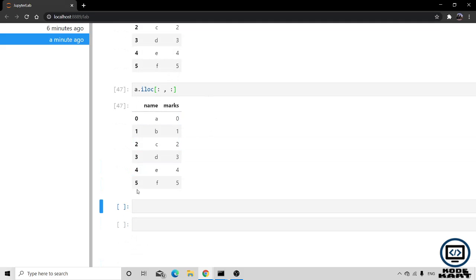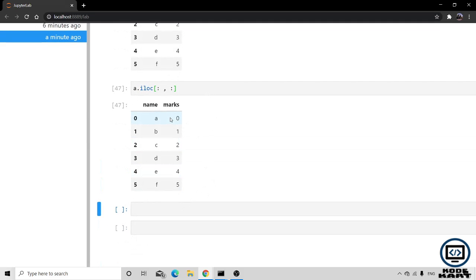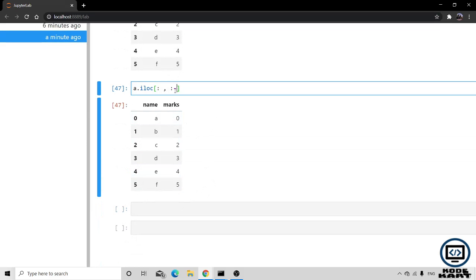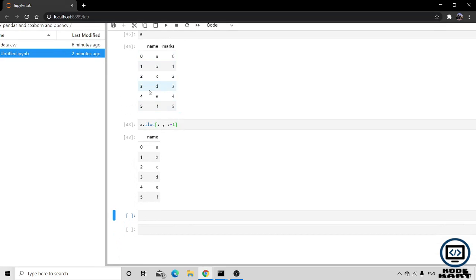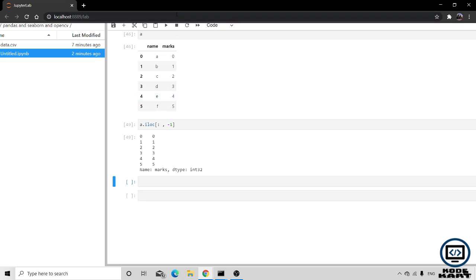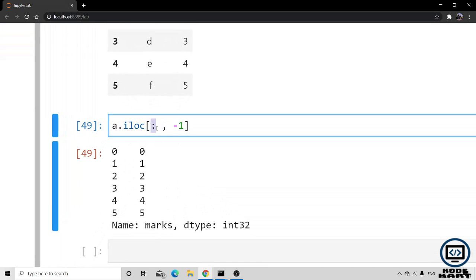so now you can see that it is giving you the same data. But if I provide -1 here, now you can see that it is giving you only the first element, the first column. If I pass this, it is giving you the last column, because -1 represents our last column, and the colon for the first argument represents all the rows.